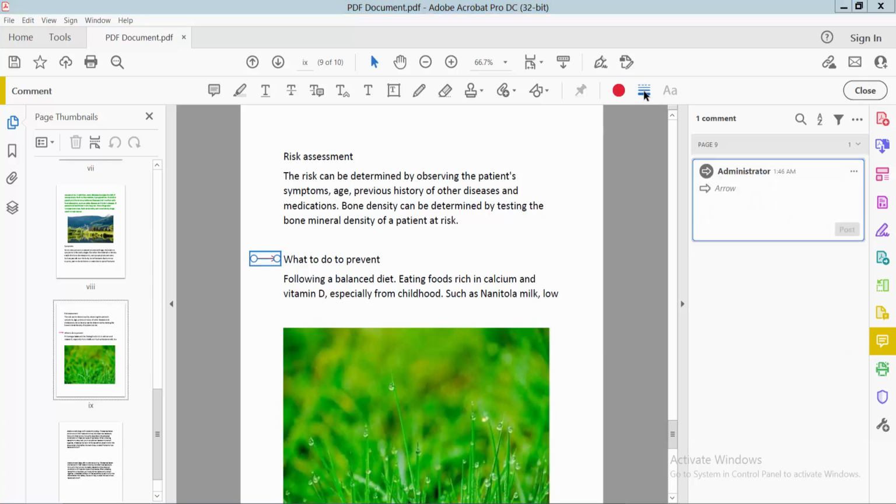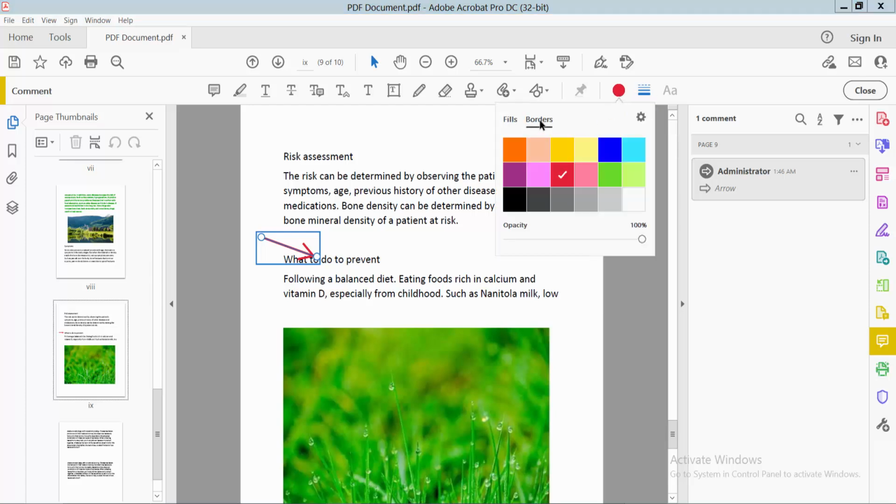Now select the arrow thickness option and I'll increase this arrow size and move this. Now increase its thickness. Now select the color option and select border color, and here you can set the arrow color. And now click the